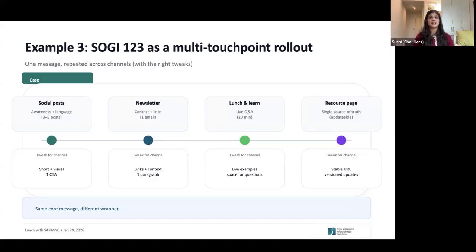And then we did a lunch and learn, just like this one, where we invited folks to ask questions about our report. We shared our methodology, we shared what we found, and then we did a longer Q&A there. And then again, our single source of truth, which is the resource page.